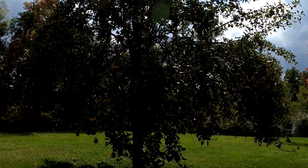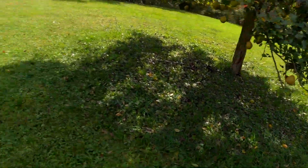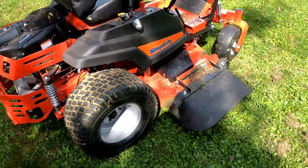We got a good year of pears this year, finally. Last year we didn't get any. But anyway,